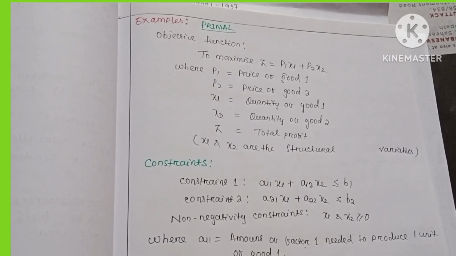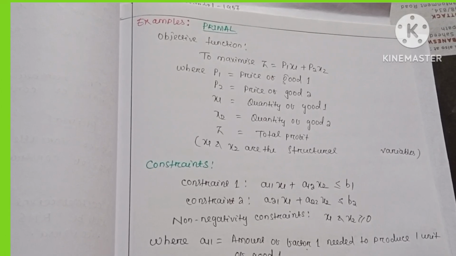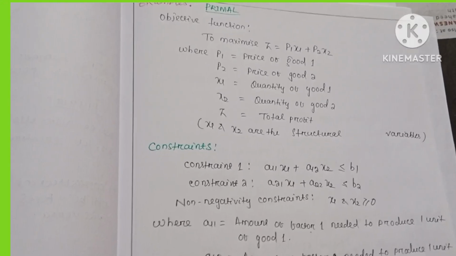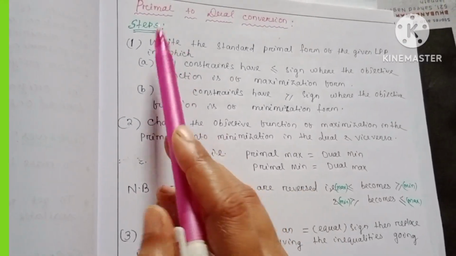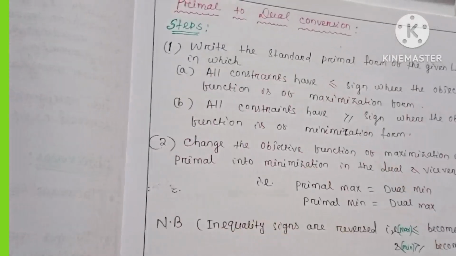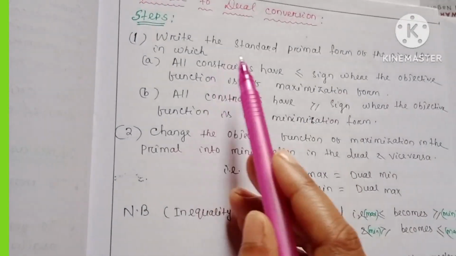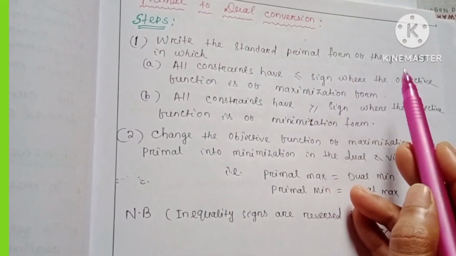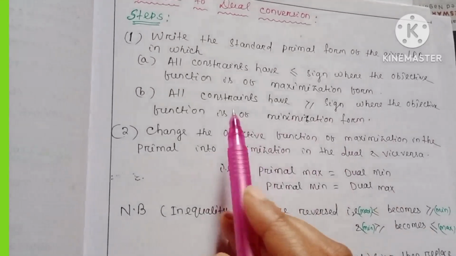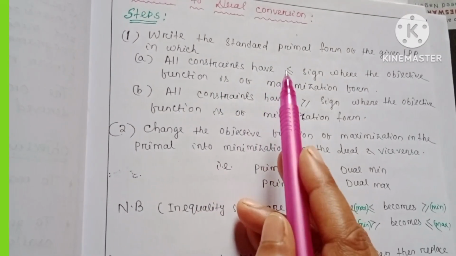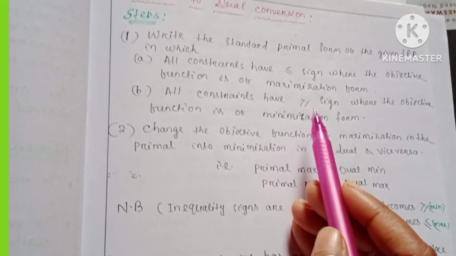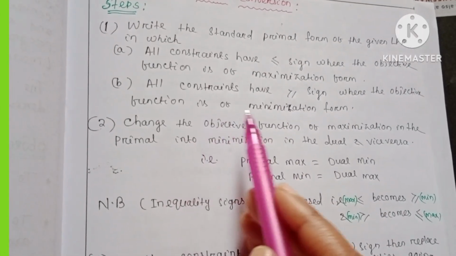So there are some steps we have to follow while converting the primal problem into a dual one. So these are the steps for primal to dual conversion. The first step is to write the standard primal form of the given LPP. So what is the standard primal form? The standard primal form is where all the constraints have a less than or equal sign when the objective function is of maximization form,